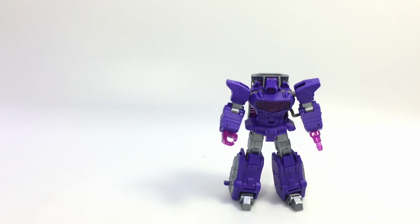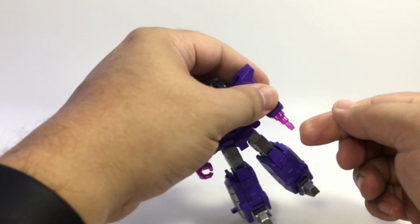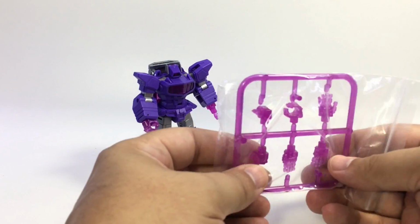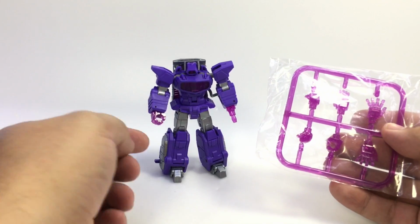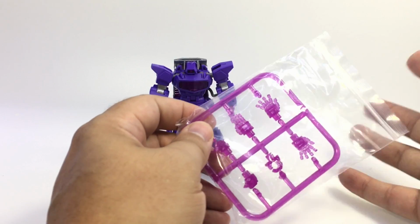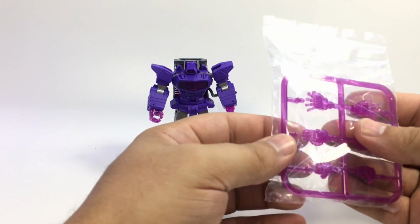Now he does come with, I mentioned alleviating this thing sticking out. You can remove it. The instructions don't say to remove it, they just leave it out. But you can just pop that out if you so desire, because it's annoying you. But he also comes with, and I haven't popped any of them off, some replacement hands, fists for each side, a second grabby hand, open hand I guess, that matches this one. Two just flat open palm hands, and then a flat hand, karate chop hand,